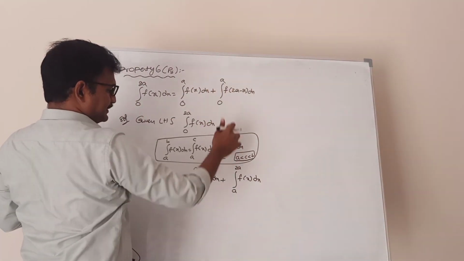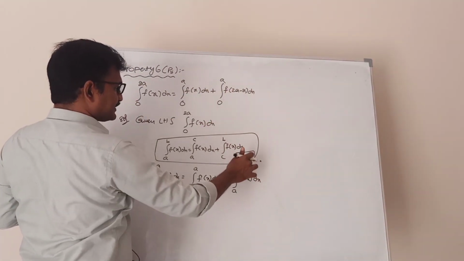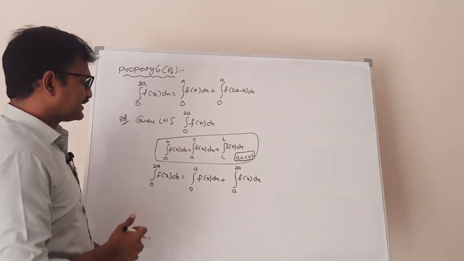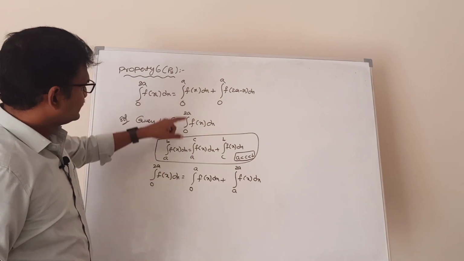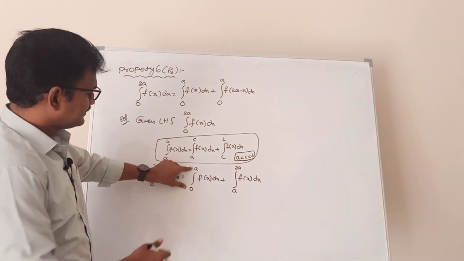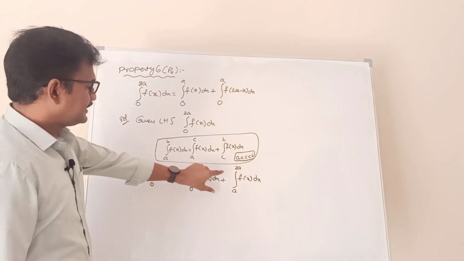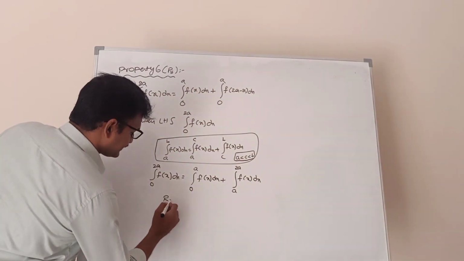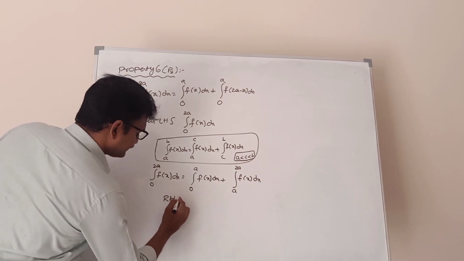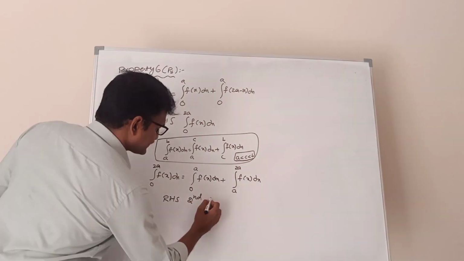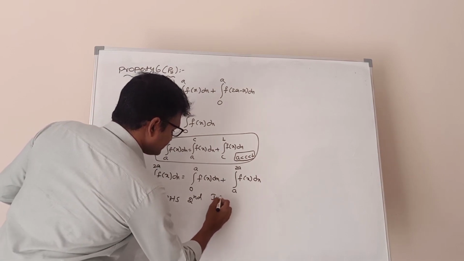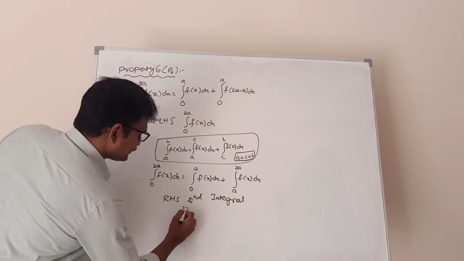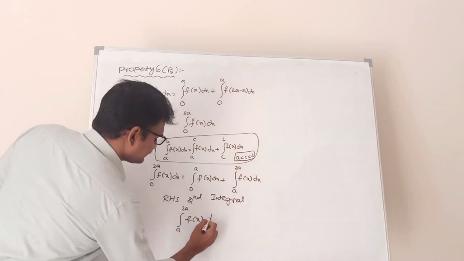In the place of integral a to 2a f of x dx, in this place you need to get integral 0 to a f of 2a minus x. This is same. No need to change anything in the right hand side first integral. That's why I am considering only the right hand side second integral. Consider RHS second integral: a to 2a f of x